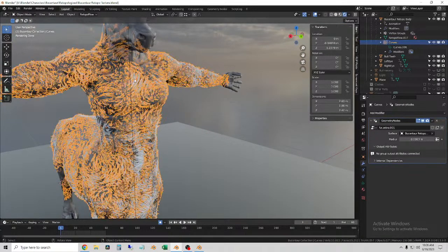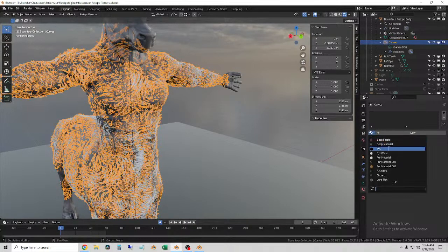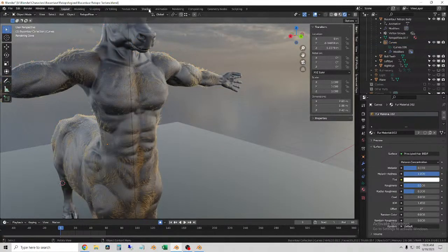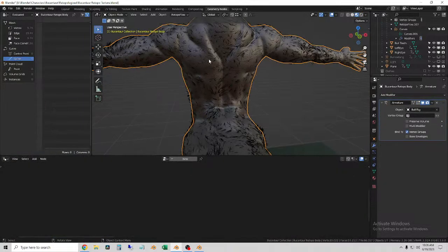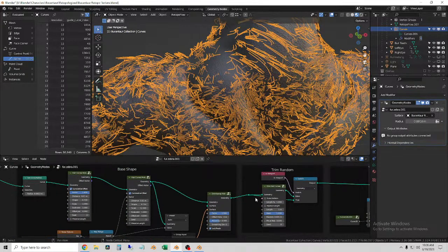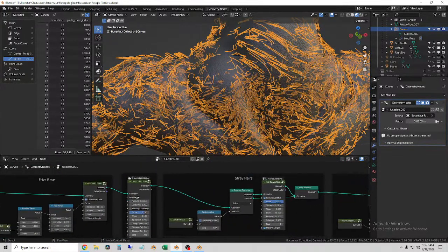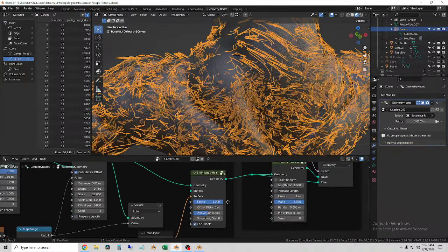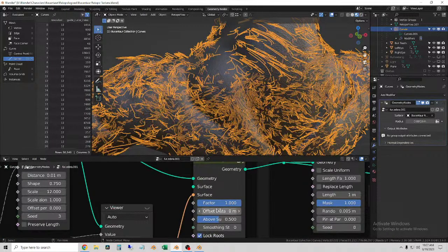Okay. Let's see what these look like in the shader. Okay, so they'll probably look fine. Let's add, let's see, I don't think we have, let's add a fur material. Okay, and then I can go to geometry nodes, and I can tell that a lot of them are clipping through his body, I think because of our normal map issue. So I'm going to go to the shrink wrap here, and then